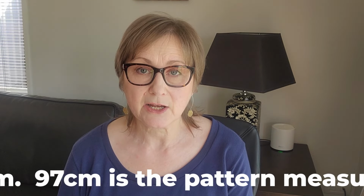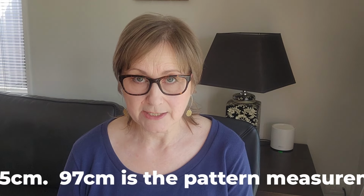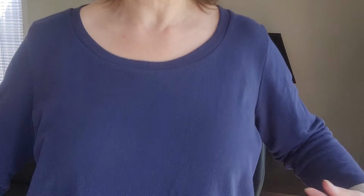And as far as my waist goes, it's about 97 centimeters, which puts me at a size H, and my hip is about 116, 118 centimeters, something like that, and the size H is for a 123 centimeter hip. So it looks like through the waist and the hip, the size H is a really good size for me. But in the past I decided that through here was a little bit loose and baggy,